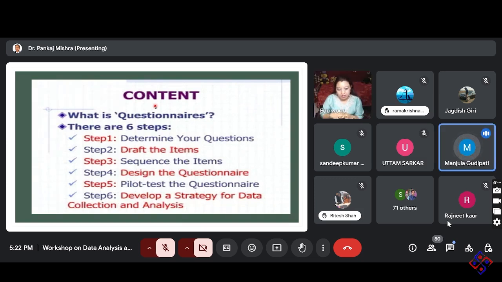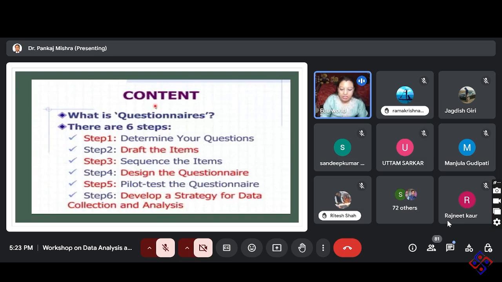Financial status, working versus non-working, social status. Political decisions also come in, like socially, politically, financially, as Manjula has stated. So these are the main domains. So these are the constructs. As I was saying previously, there are two concepts: one is the variable and the other is the construct. So constructs are the domains. First, we have to find out the constructs, on which issues we want to focus our study. Based on those constructs, we have to set the items. So that is the sequencing of the items.